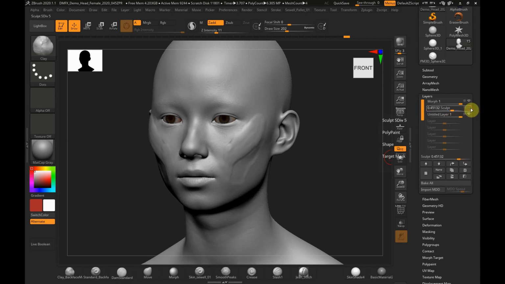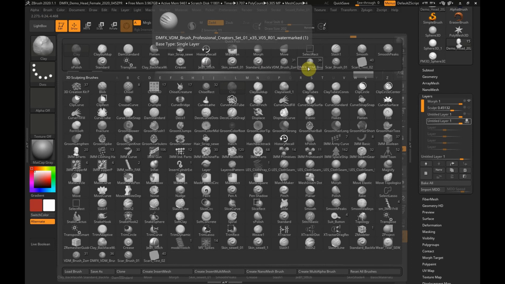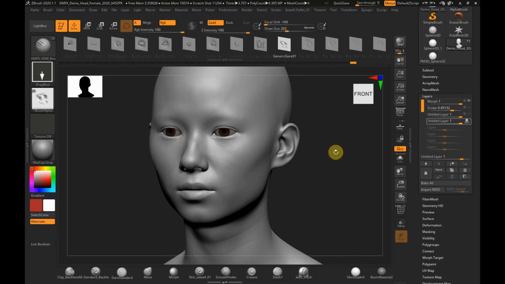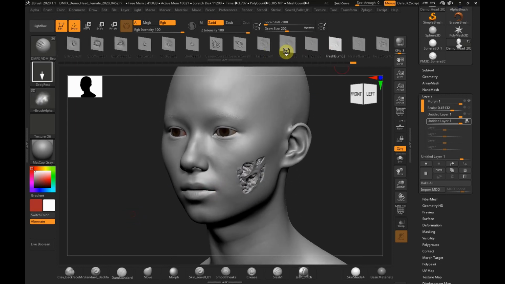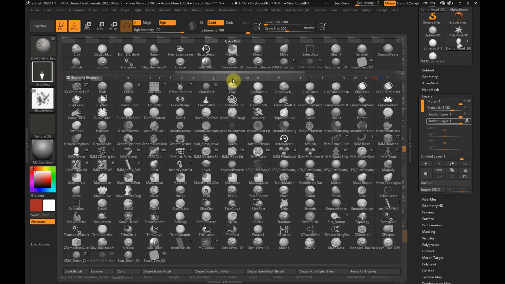So when it comes to DMFX, let's just create a new layer. The beauty of this is, with morph targets, the morph brush, let's go to this, and it's just got to load, and let's just take it out of symmetry and drag out a wound and quickly put something in. Got some sort of horrid wound on the face, and we're going to go to our trusty morph